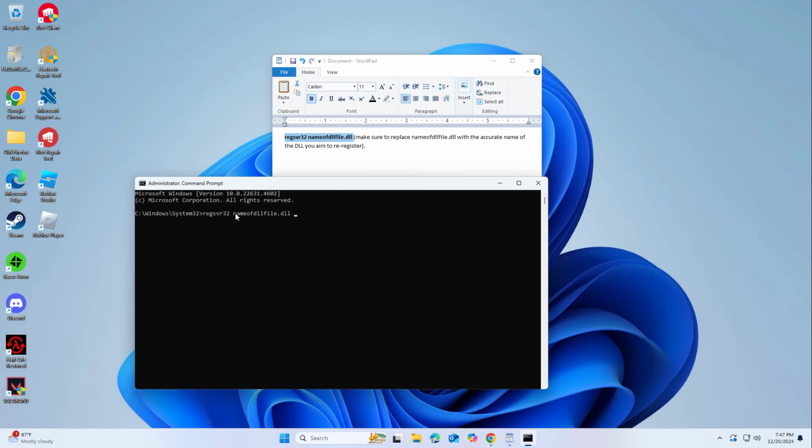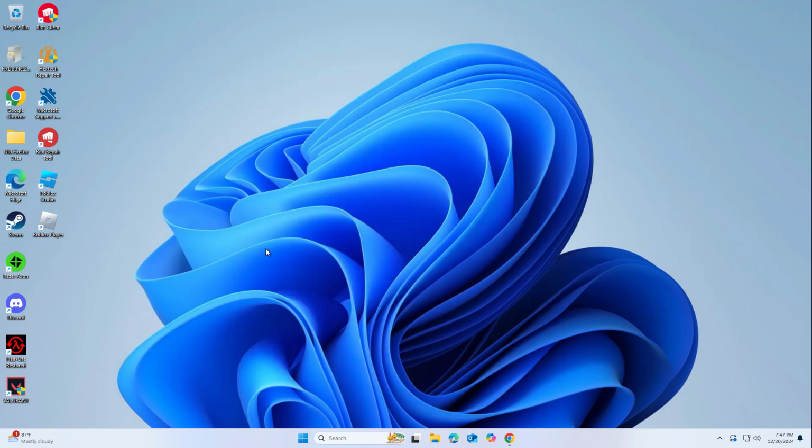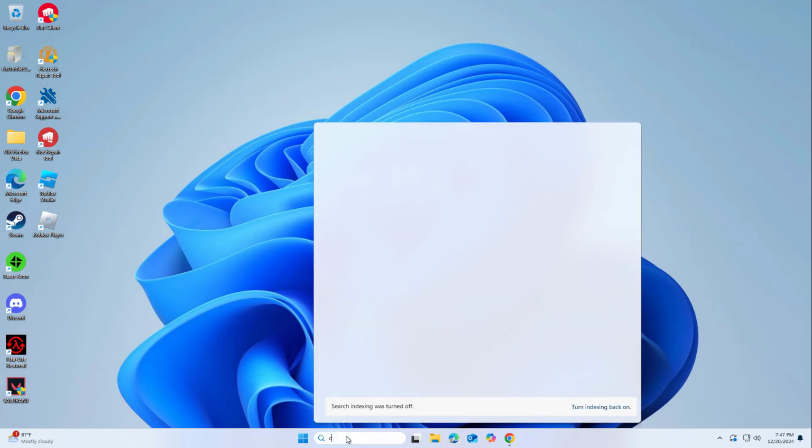Make sure to replace nameofdllfile.dll with the accurate name of the DLL you aim to re-register. Hit Enter. If successful, a confirmation message will appear, signifying the file's successful registration. If that didn't work,